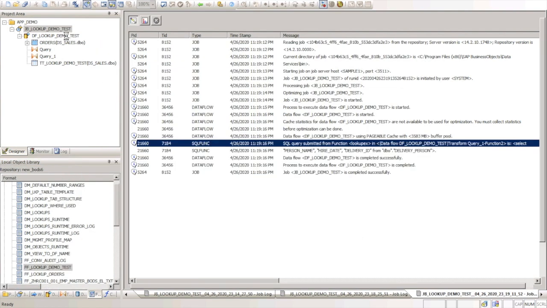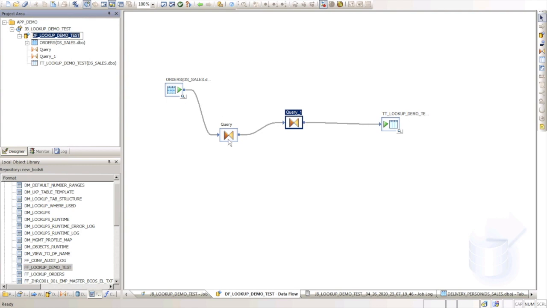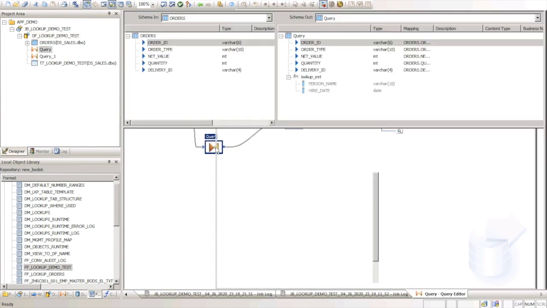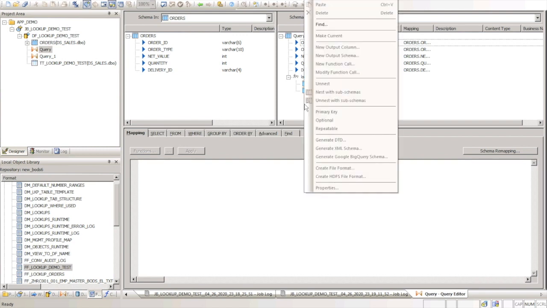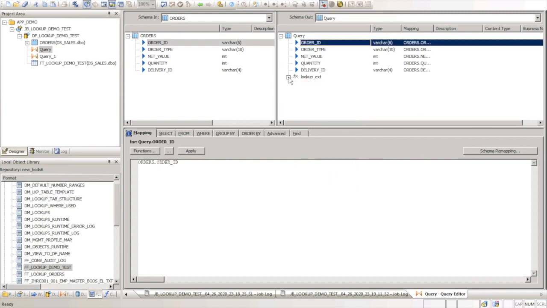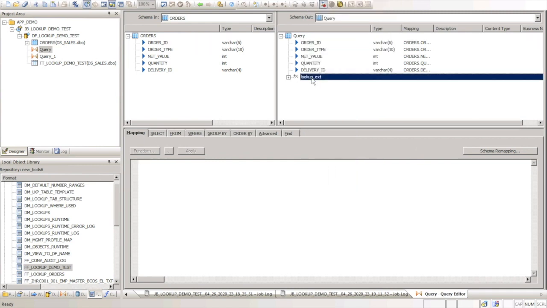As I told before, when we are doing a lookup, we need to have that data set. In the case of tables, that table has to be imported in our data store. If we are going to use a file, a file format has to be defined, and only then can we use it in our lookup transform. So let's see how we are going to do it.